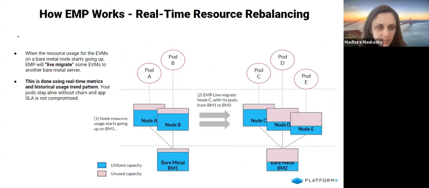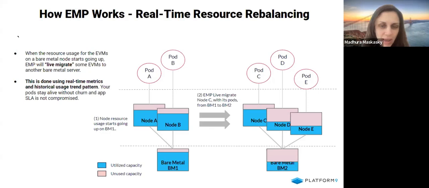So let's go next. And so the question that arises with that is, well, what if all of a sudden all of the VMs you've placed on, say, a bare metal node start consuming all of the capacity given to them? What would happen to them? Would they experience throttling or out of memory errors? And the answer is no, which is another distinctly unique capability of EMP,